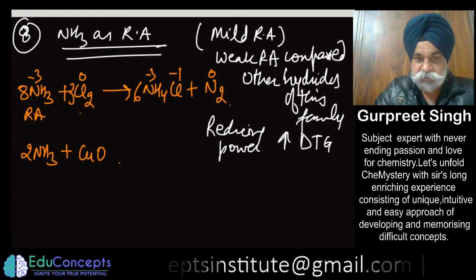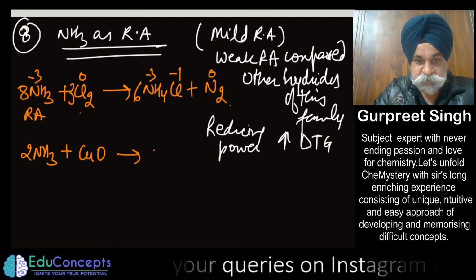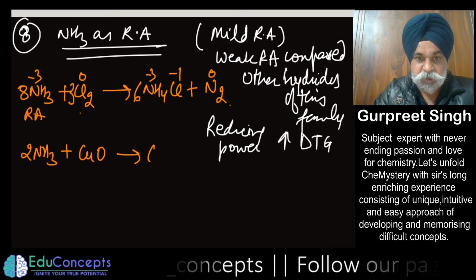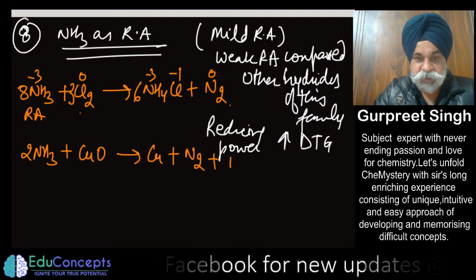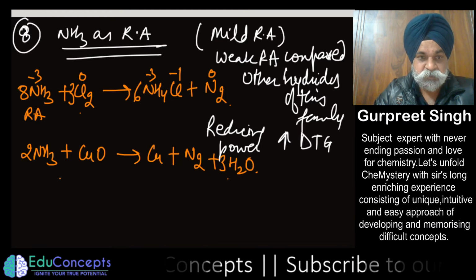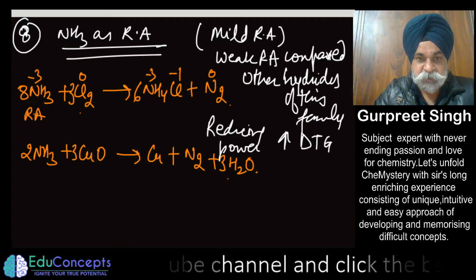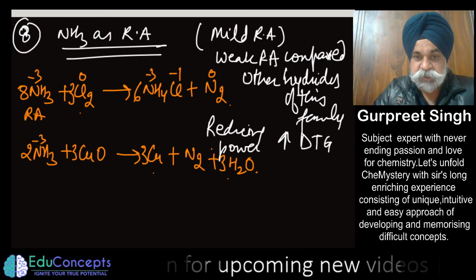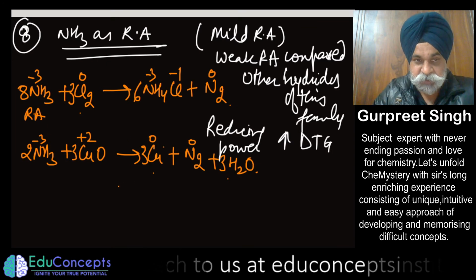directly treat it with cupric oxide, where it changes cupric oxide into copper plus nitrogen, and along with it what you would get is water. So you shall be requiring 3 moles of water, and this would be how many oxygen? 3, and this simply gets reduced. So this goes from -3 to 0 and copper goes from +2 to 0. So it may act as a reducing agent.